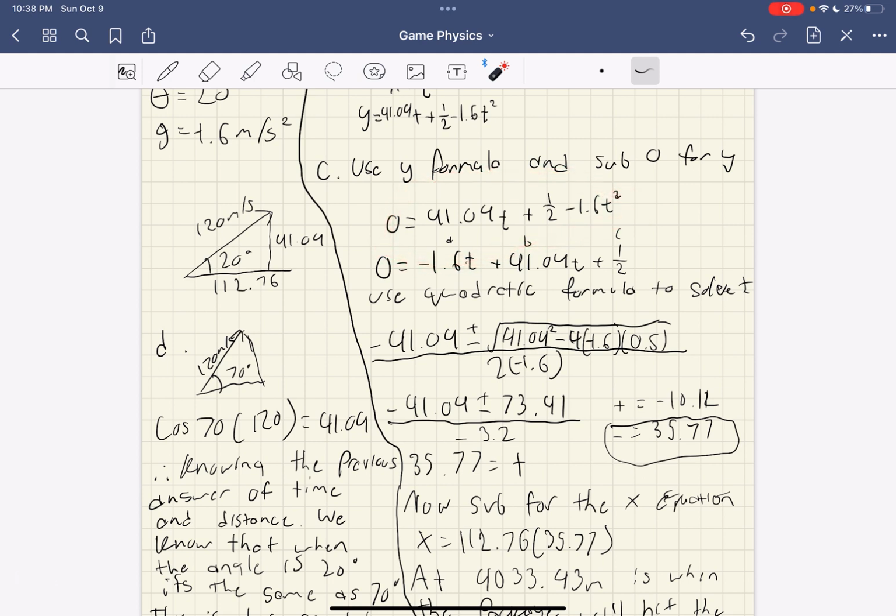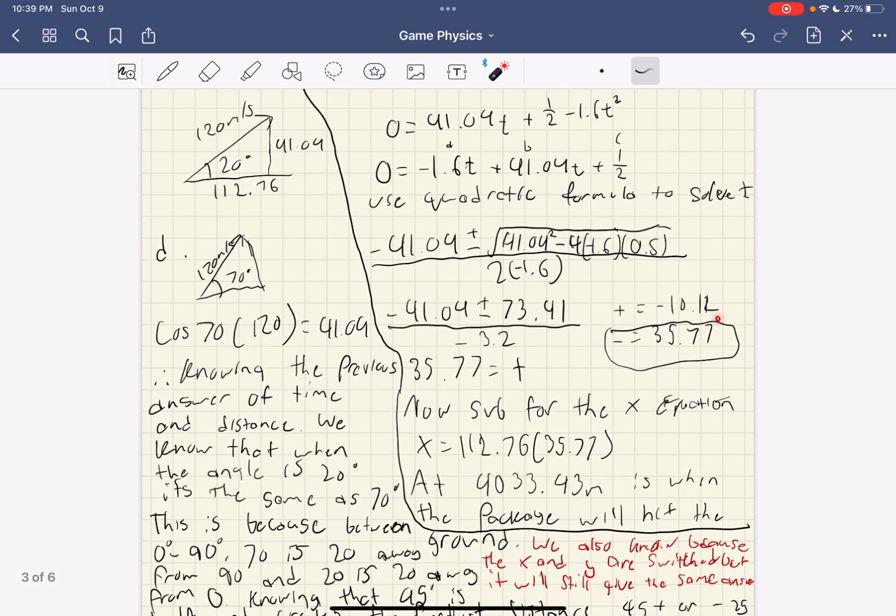And then we do the quadratic equation. You can see I define A, B, and C to sub in for the quadratic equation there, which gives us the positive result and a negative, because it's plus or minus for the quadratic equation. So negative 10, which we can't use because that's behind. So the time taken is